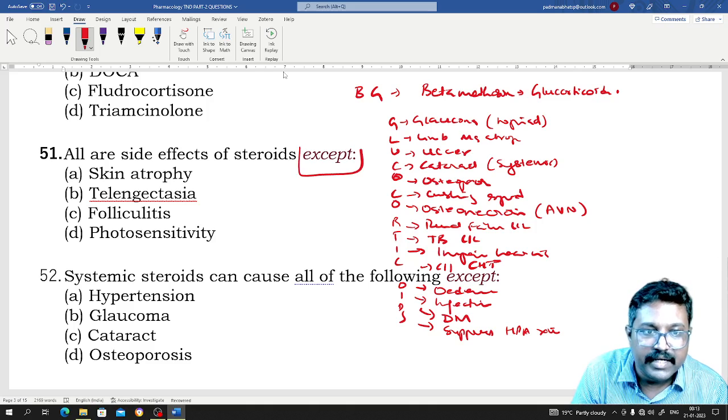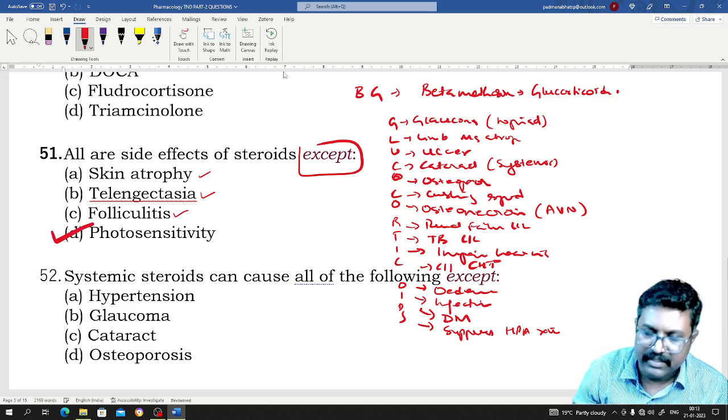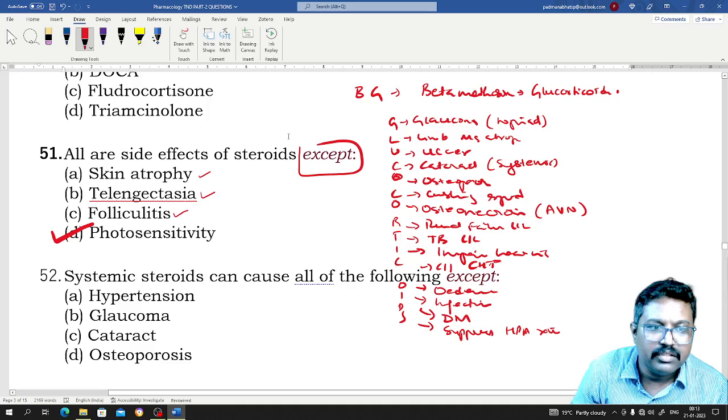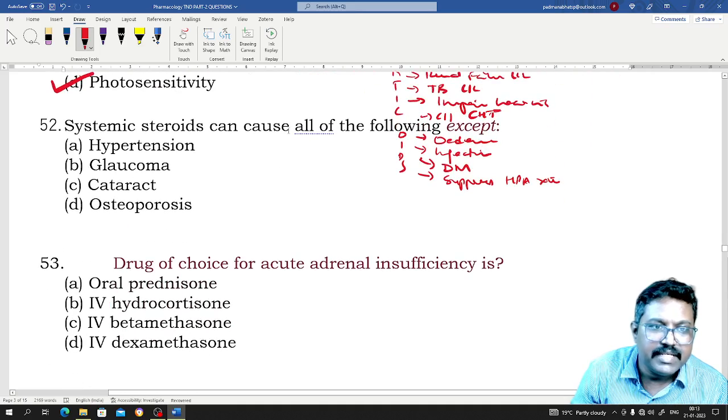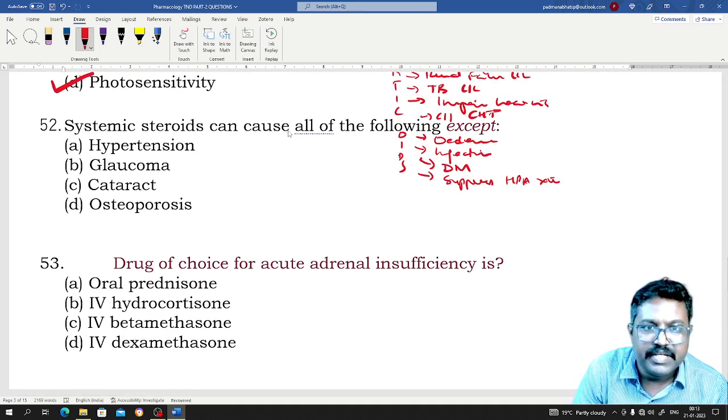They are asking about the exception. So all are the side effects. It can cause skin atrophy, telangiectasia, edema, folliculitis. Exception is the photosensitivity. So next, coming to the 52nd MCQ, systemic steroids can be used in all of the following